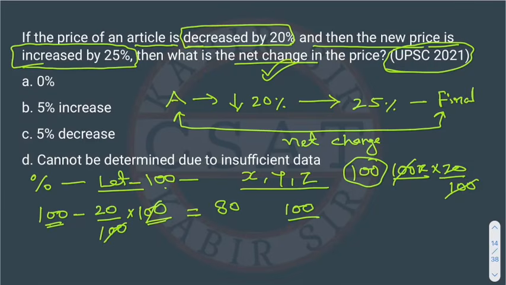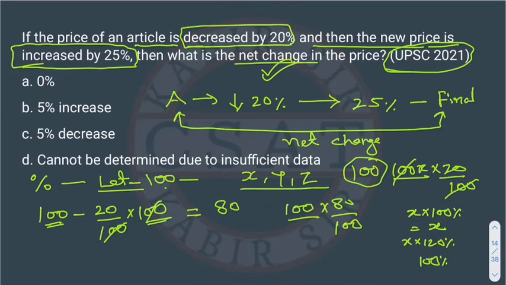So normally when we talk about a 20% decrease, we will write 80 upon 100 directly, because for any item, suppose there is an item X, and if we are counting the 100% of it, what will it be? Answer will be X only, right? And if there is an increase of 20%, then it will be X into 120,